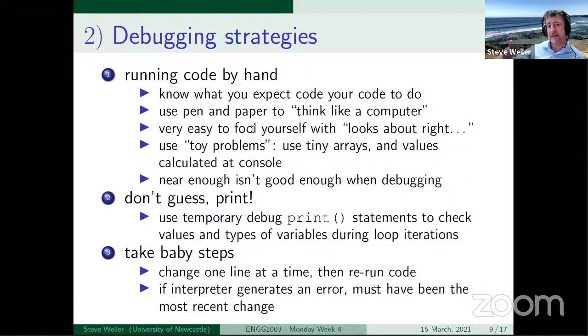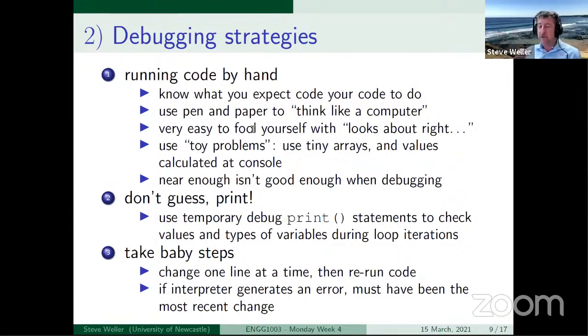So don't necessarily think that using a pen and paper is slow, or that this iterative, systematic process is slow. It can happen quite quickly, but it needs to be done step by step. It's really easy to fool yourself with, yeah, code looks about right. I think those numbers are right. I think the program's operating as I hoped it would. Really easy to do that, especially when you're getting started. It's easy to say, yeah, those numbers look about right. That's probably what I expected.